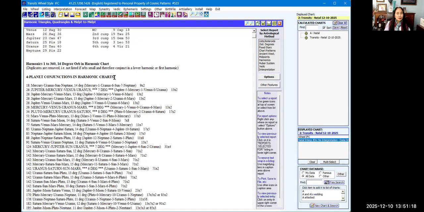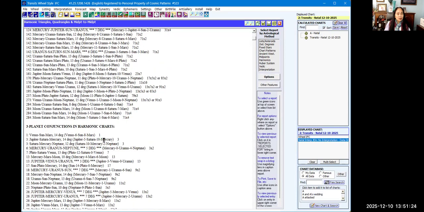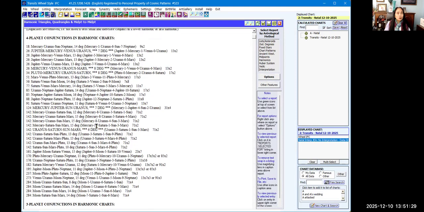Now, it shows you the first 4 planet conjunctions harmonic charts in here. And then the next one is the 3 planets conjunctions aspects in here. Now to locate the strongest vibration on this list, look for the capital letters and a smallest orb. So this is the orb, and these are the capital letters, aspect planets combinations in here. This is the planetary pattern.